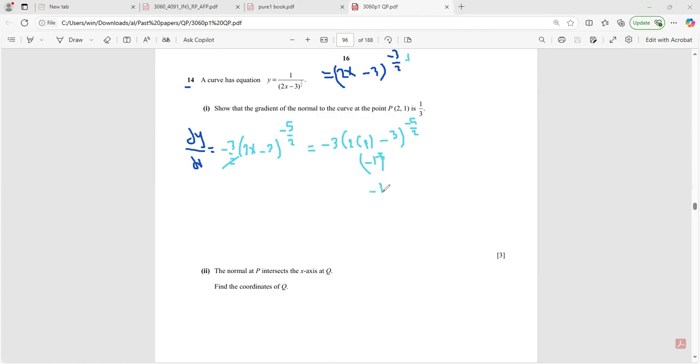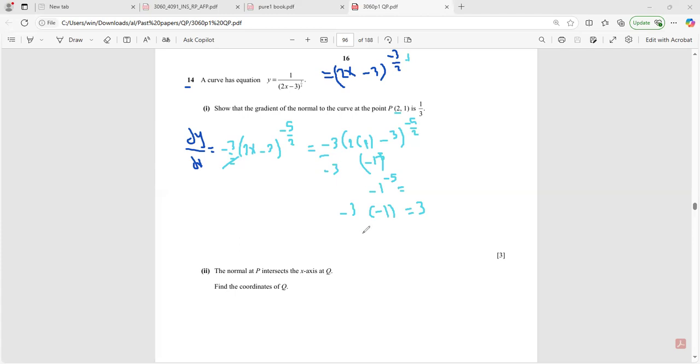So it is negative 1 to an odd power, so it will be equal to negative 1 here. All of this is multiplied by negative 3, so it's negative 3 multiplied by negative 1, which equals 3. So at the point x equals 2, the gradient of the normal will be flipped